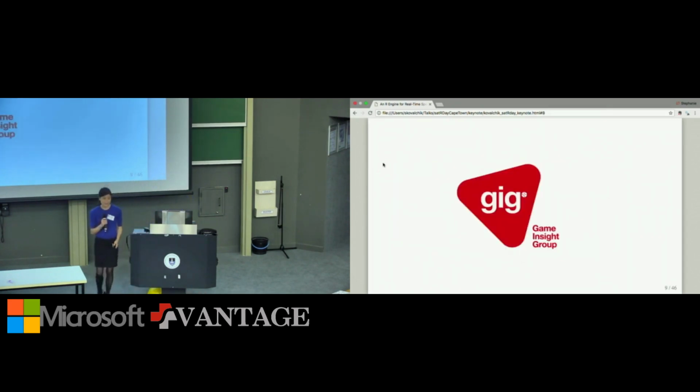Now, that investment is really about GIG. This is the group that I'm currently the senior data scientist in. The Game Insight group is actually an academic industry partnership. So the industry partner being Tennis Australia and our academic partner being Victoria University.